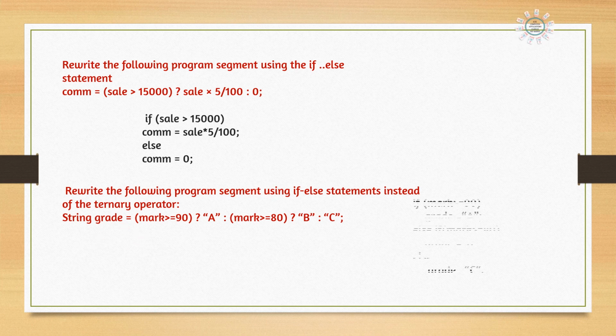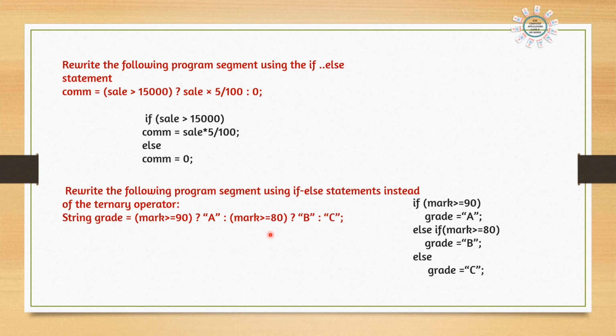So while we are converting, here we can see if mark is greater than or equal to 90, then grade will be A. If the first condition is true, grade will be A. And if the condition is false, then we check once again, mark greater than 80, then B, otherwise C. So if mark is greater than 90, grade is equal to A. Else if mark is greater than 80, grade is equal to B. Else grade is equal to C. In the question, System.out.println is not there, so in the answer also it will not be there. So these small things we have to observe.